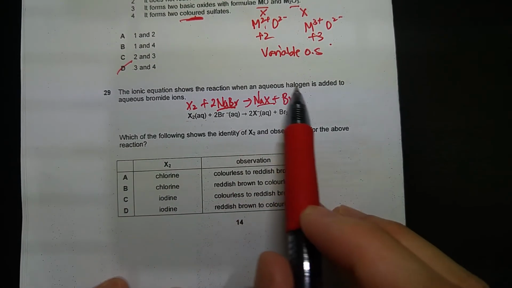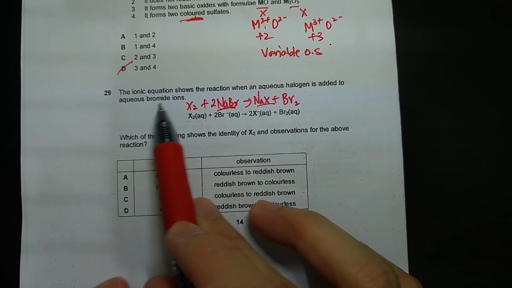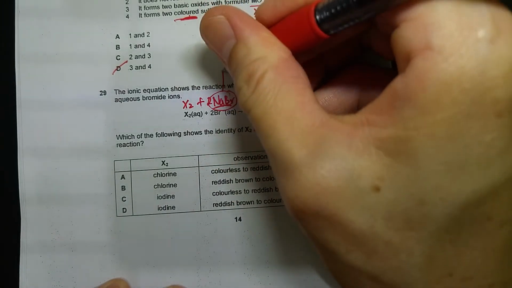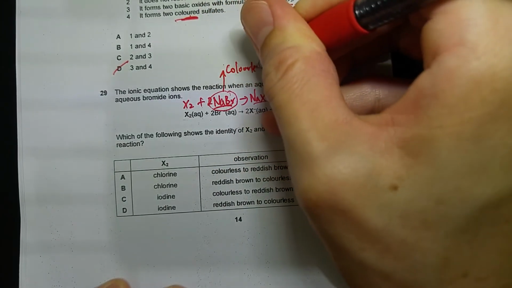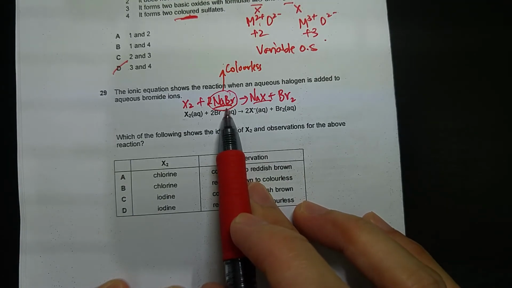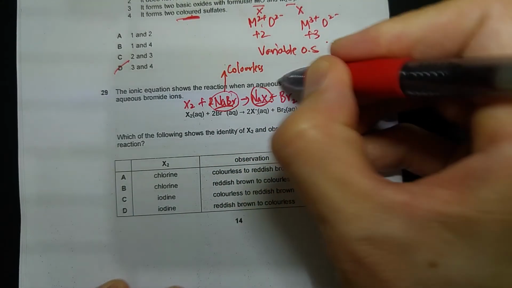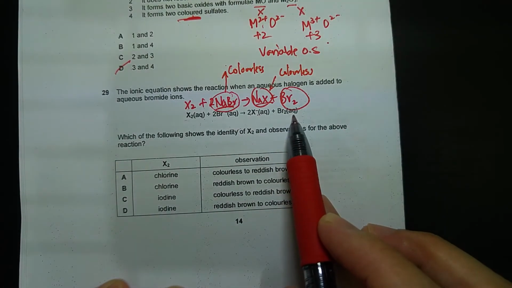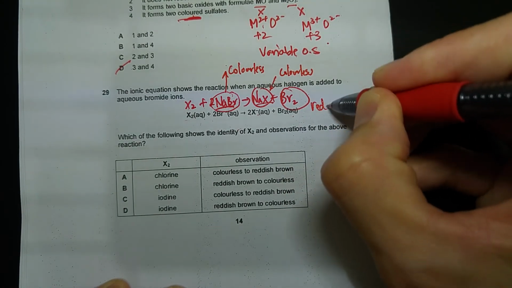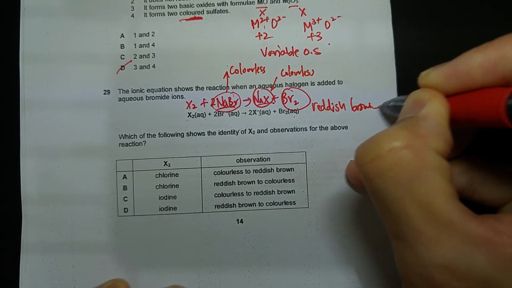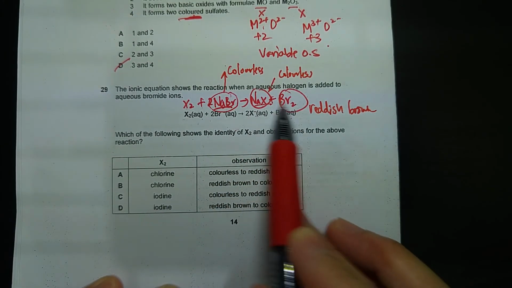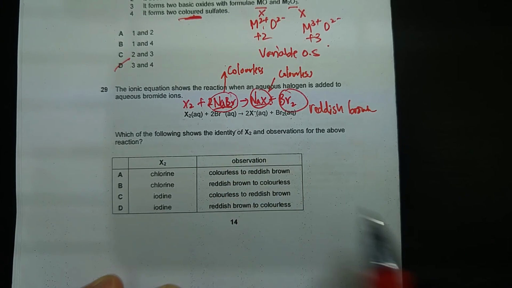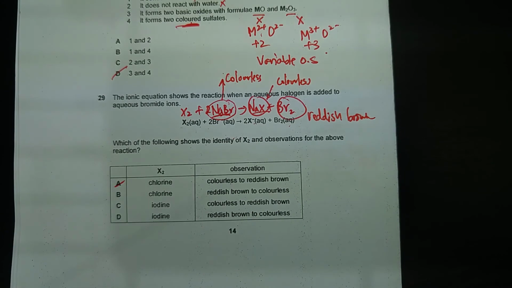Then how about the observation? You see, aqueous halogen is added to aqueous bromide ions. Now, what is the color of this? This one is colorless. All the group 1 compounds, the solution must be colorless. So same thing, this one also colorless. These are bromine, aqueous bromine or bromine solution. The color is reddish brown. So colorless becomes colorless and reddish brown mixed together, which is reddish brown. So colorless to reddish brown. So the answer is